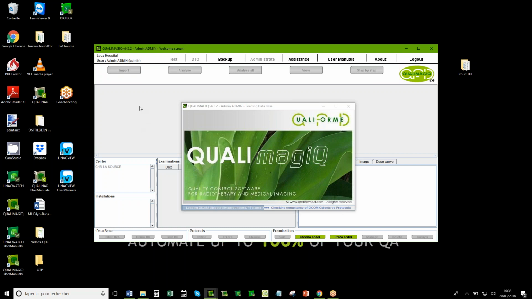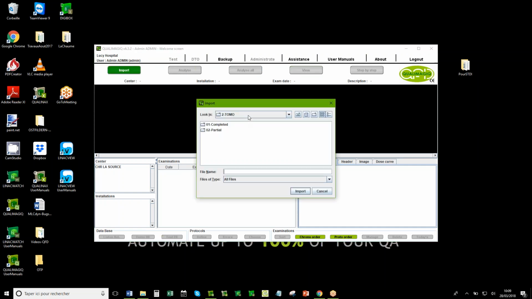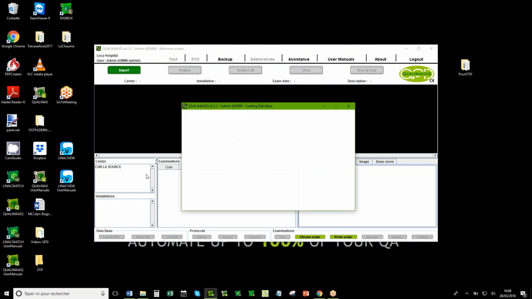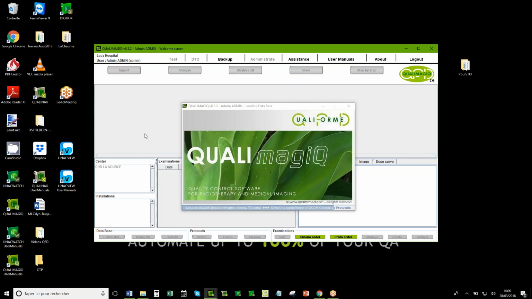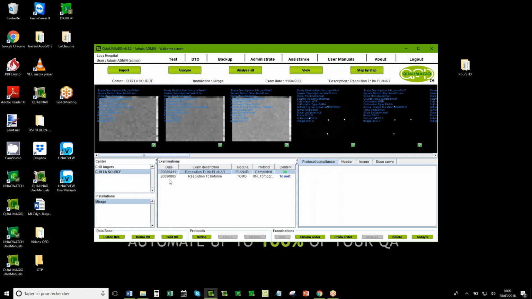So we have 3 different modules because 6 years ago, some customers, they use only planar mode, so they don't want to pay for all modules. So we share the solution in 3 parts. And the last one, the whole body mode. And now we have the 3 examples used for my demo. So we can start with the planar mode.